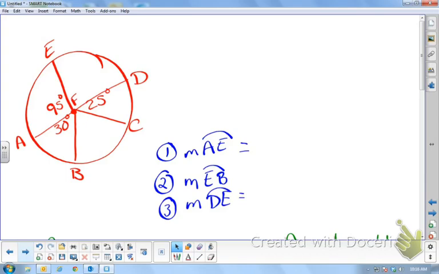So, we need to talk about the difference between arc measure and arc length. So arc measure is saying how many degrees does it take to make this arc. So arc measure